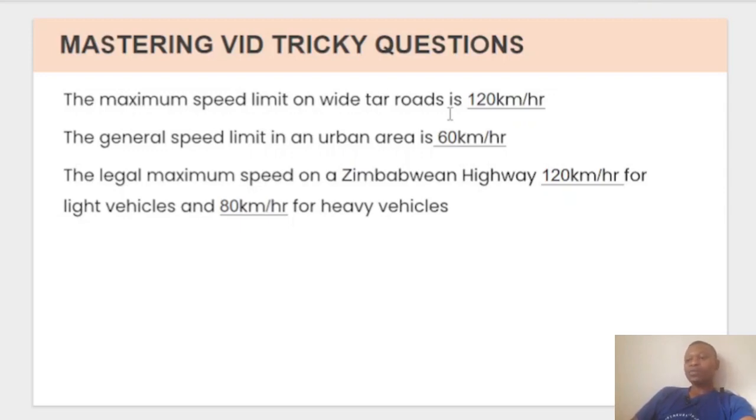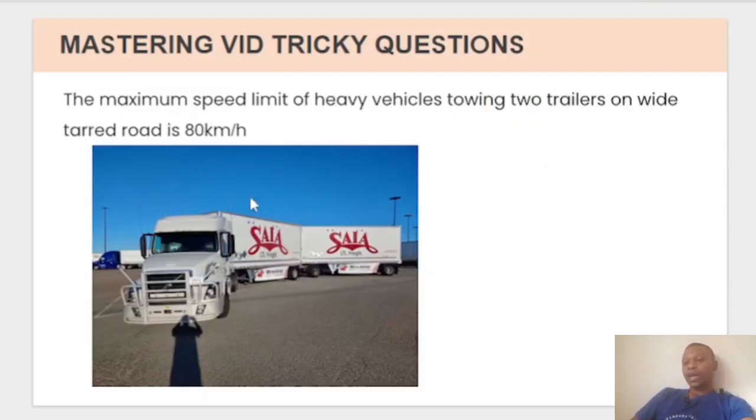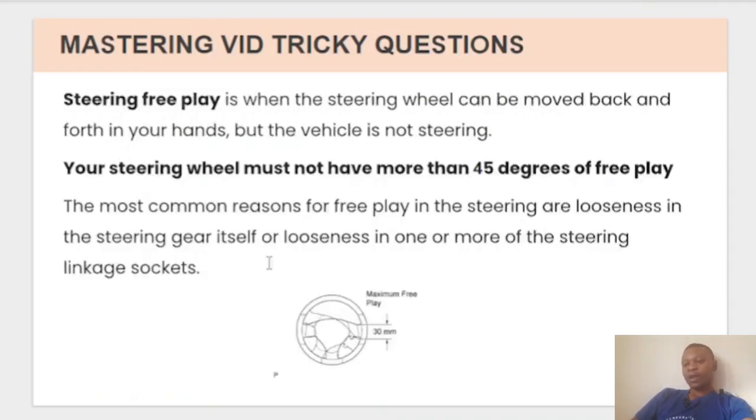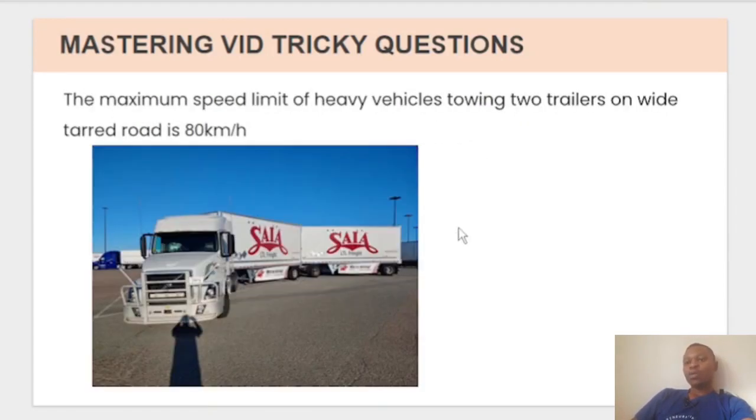Okay, so the legal maximum speed on a Zimbabwean highway, remember, highway is what we call a wide tarred road, is 120 kilometers per hour for light vehicles, and for heavy vehicles on the highway they are supposed to move at 80 kilometers per hour. Because remember, we also talked about that. Let me show you the one that we talked about. So here it is, right? The maximum speed limit of this heavy vehicle. So this one is a heavy vehicle, right? So this heavy vehicle should have the maximum speed of 80 kilometers per hour. Now this one cannot obviously move at 120 kilometers per hour because 120 is for our light vehicles,